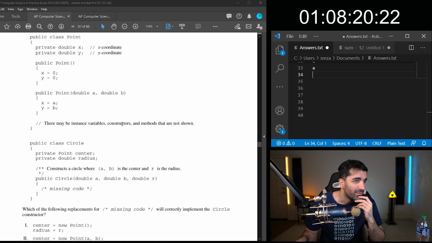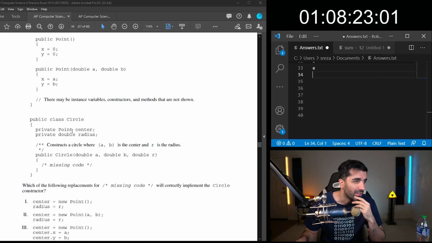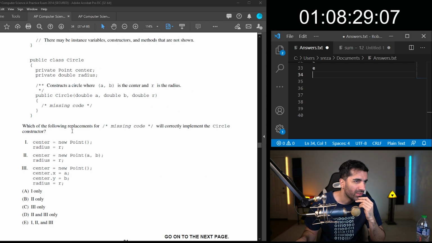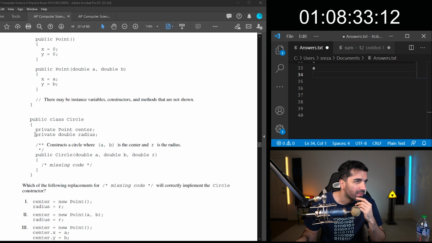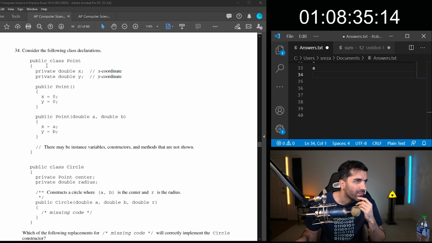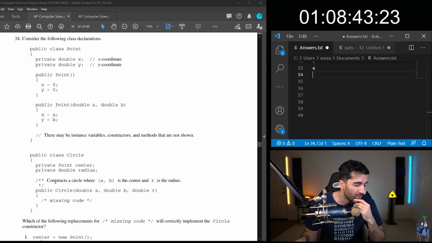There may be instance variables, constructors, and methods that are not shown. Which of the following replaced for the missing code will correctly implement circle? So we have point. Circle has an instance of point and double.